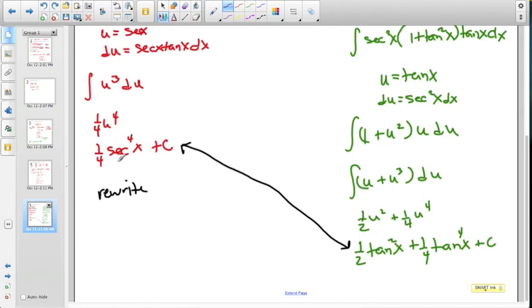So secant is the same as 1 over cosine, so this is really 1/4 times 1 over cosine x to the 4th power, plus c. And of course, in our graphing calculators, we're not going to put the constant of integration in, which is why they might be offset. So looking at this graphically,